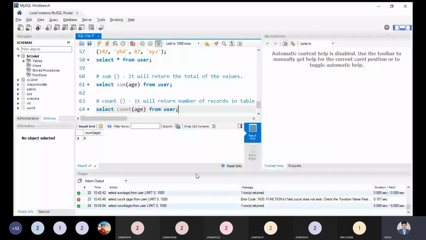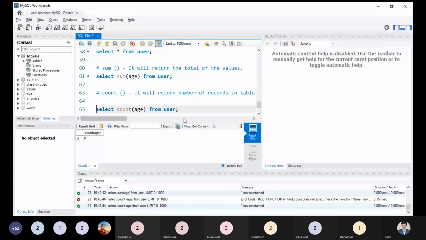It will return the number of records, and I am writing one more statement here: it does not count null values. Suppose we have two null values over here, where we have not inserted the age value. At that time, it will not count such records. So it could be 6 or 7 if you missed out the information. That is a key point you have to keep in mind.